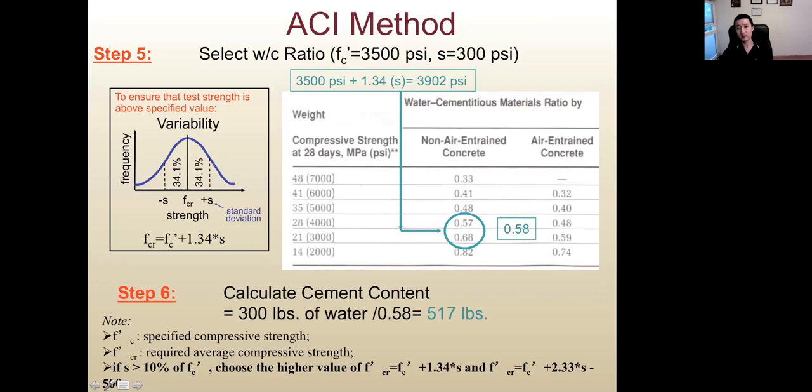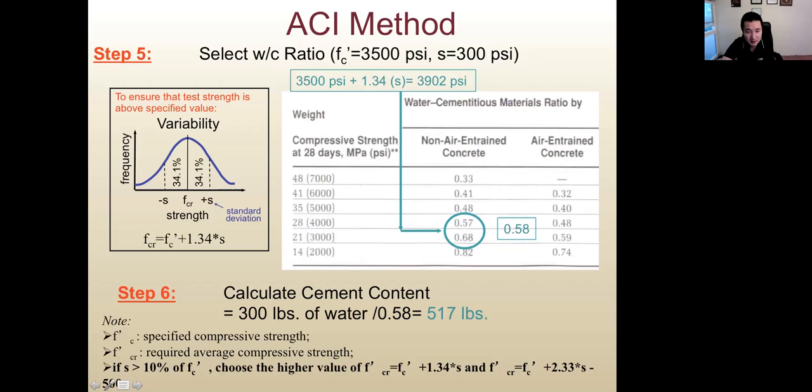The next step, determine the water to cement ratio. The question tells us the specified strength of concrete is 3,500 psi and the standard deviation is 300 psi. We should use an equation to calculate the required strength. The required average strength should be f'c, the specified strength, plus 1.34 times the standard deviation. The reason for that is based on statistics. If you take CE305, I think everybody has taken that class before, and we know, if the required strength is in the middle, by assuming a normal distribution,